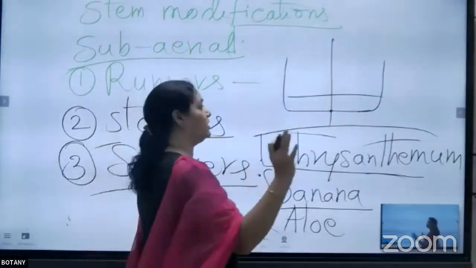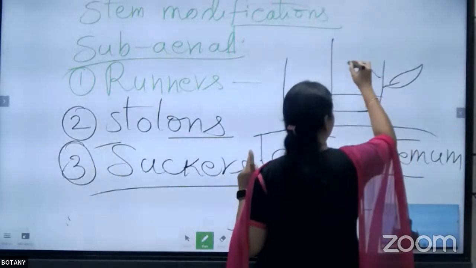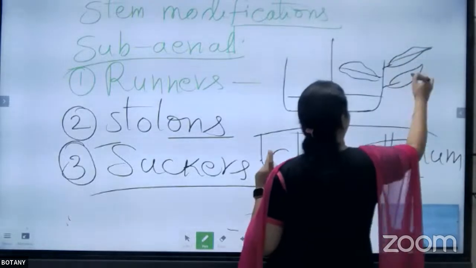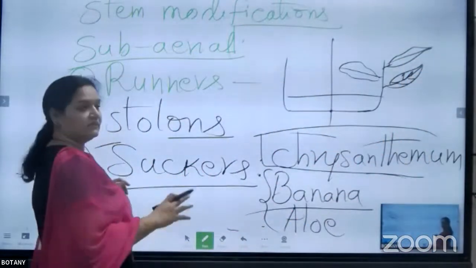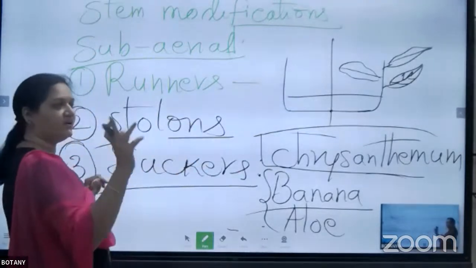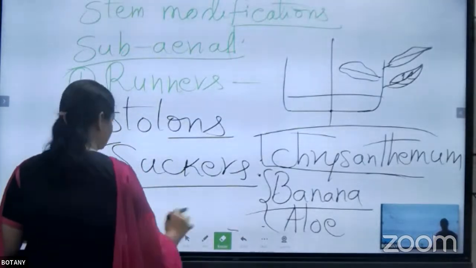Any plant name you can write over here. Like that, we have to give the diagram and the example and the explanation in one sentence only. We can wind up. And the next one, the fourth one is